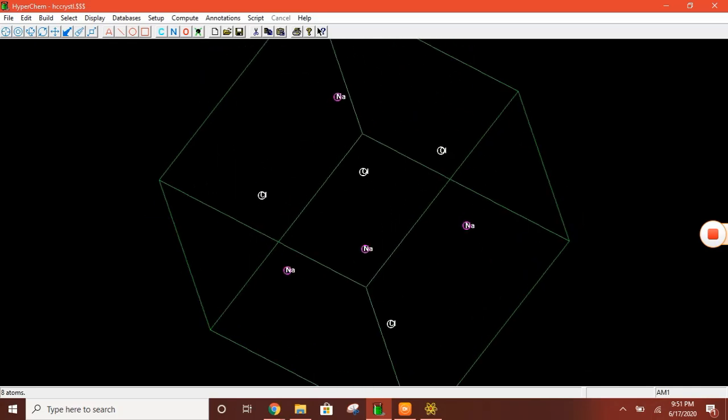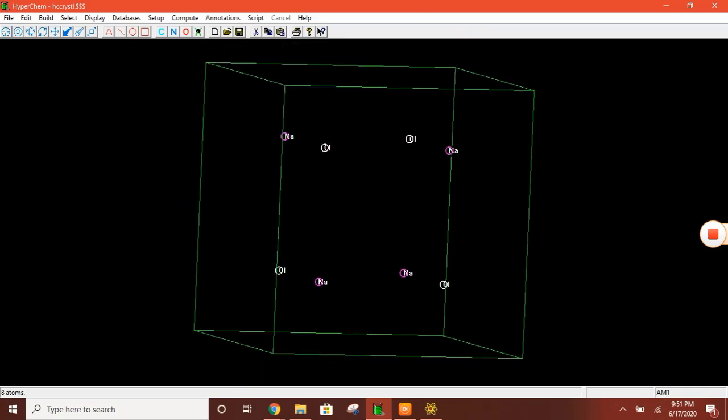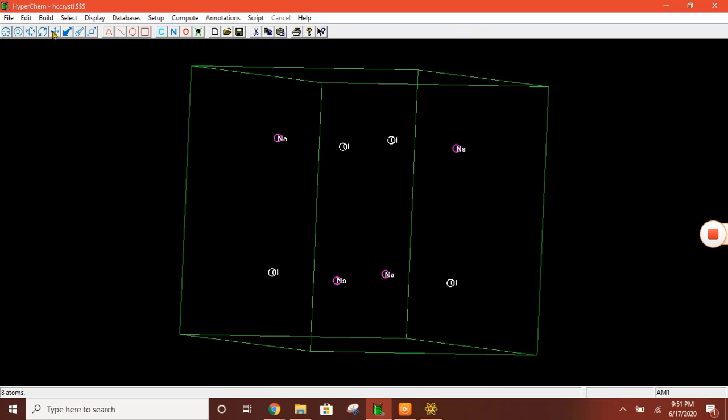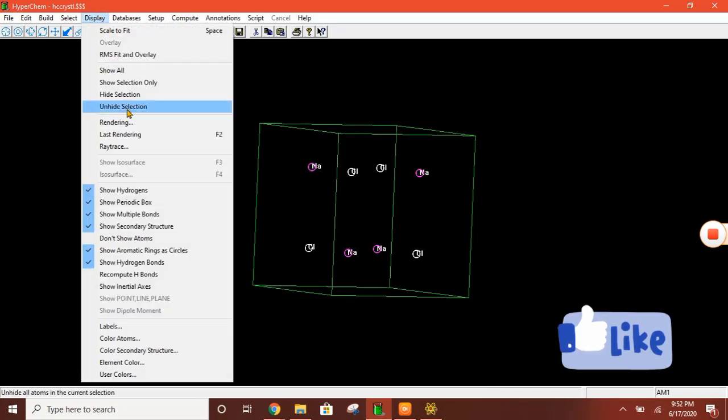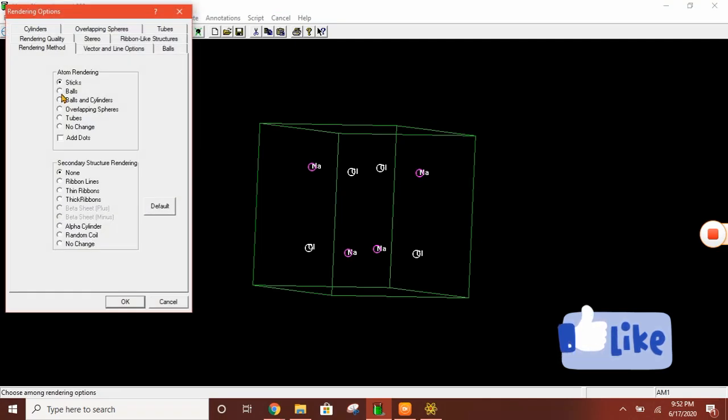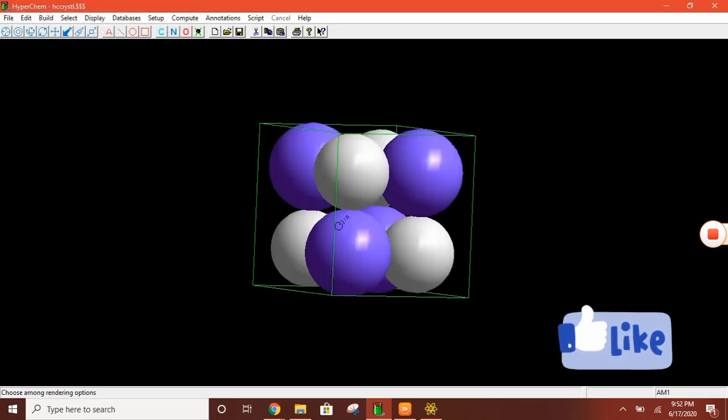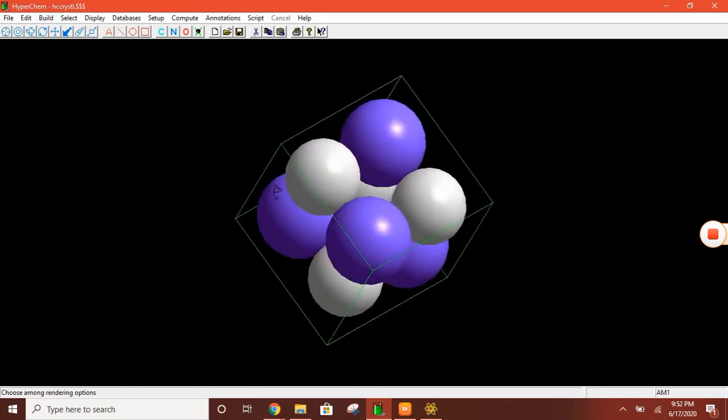You can rotate it in 3D direction. You can change its display manner by selecting rendering, then select the option balls. This is your NaCl crystal.